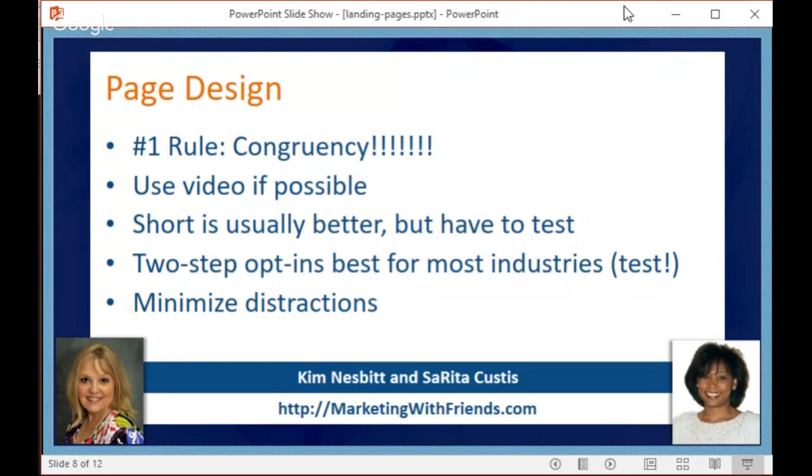When you design your landing pages, the number one rule, always, always, always, always be consistent. You want your ad to your landing page, to your sales page, to the way your product looks. Everything should be congruent. It doesn't have to be an exact copy, but you want the same color schemes, the same style of fonts, the same imagery. You want it to be congruent so they don't click on an ad and go to something that looks completely